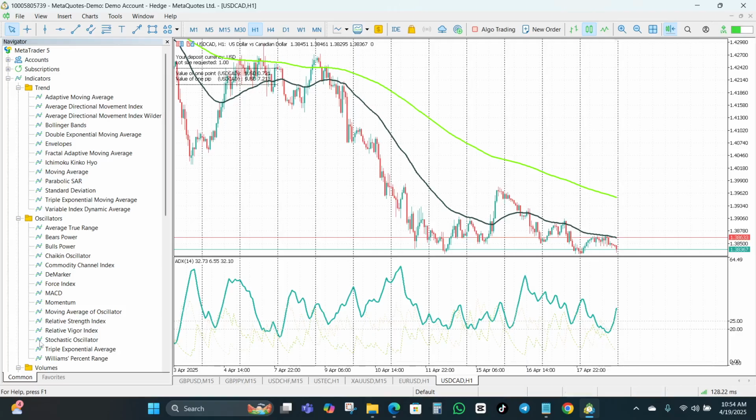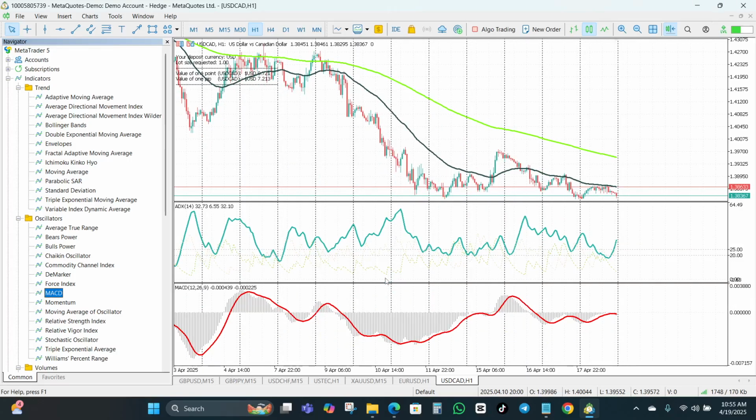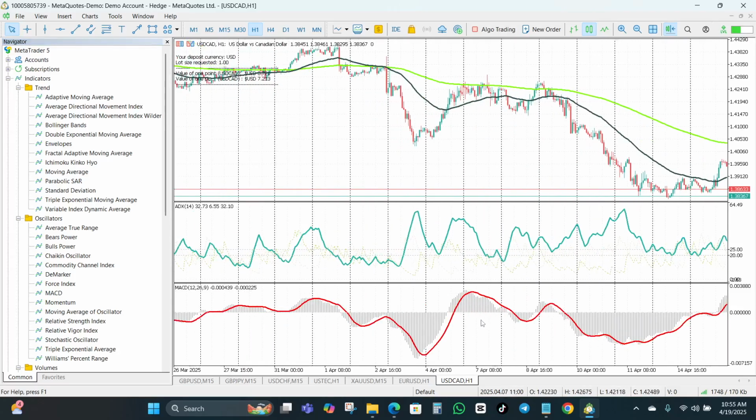The next indicator we're going to be looking at is the MACD, the moving average convergence divergence. So this is more than just a crossover tool. It is a momentum indicator that also reveals potential trend reversals. It consists of the MACD line and also the histogram bars. Let's just use the zero level. When the MACD line crosses above the zero level,